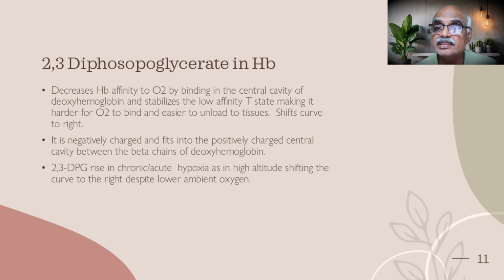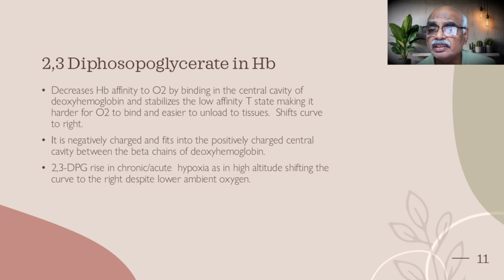So it makes it harder for the oxygen to bind, and it pushes the oxygen molecule out into the tissues. So the presence of 2,3-diphosphoglycerate pushes the oxygen dissociation curve to the right,